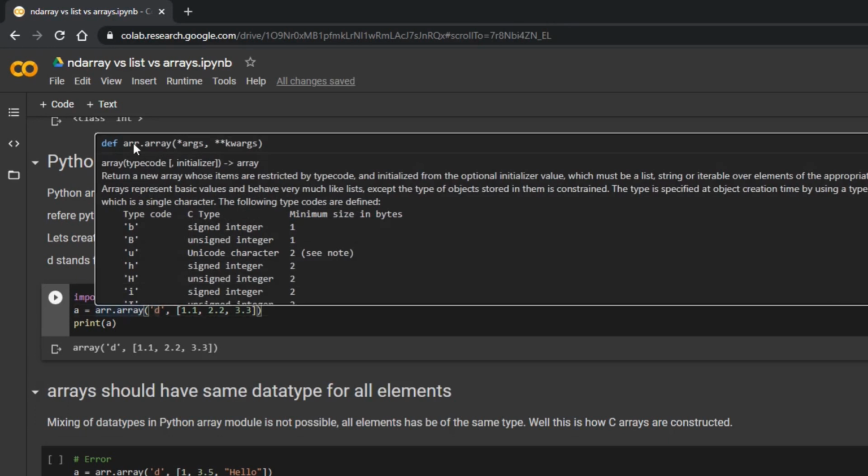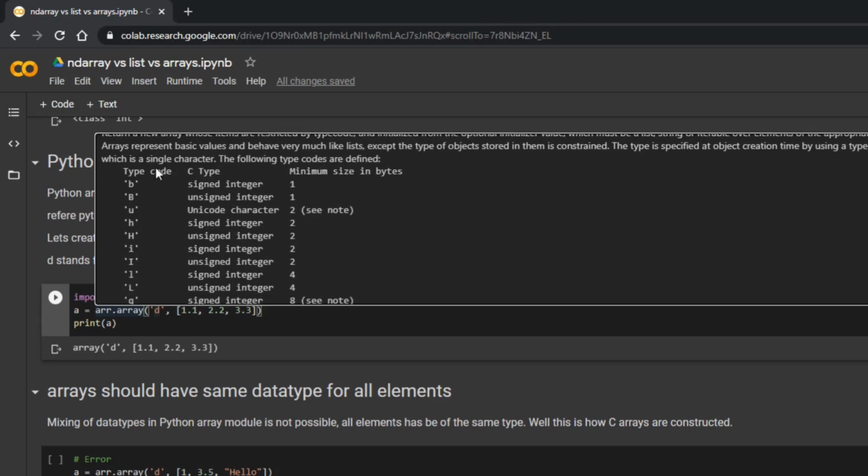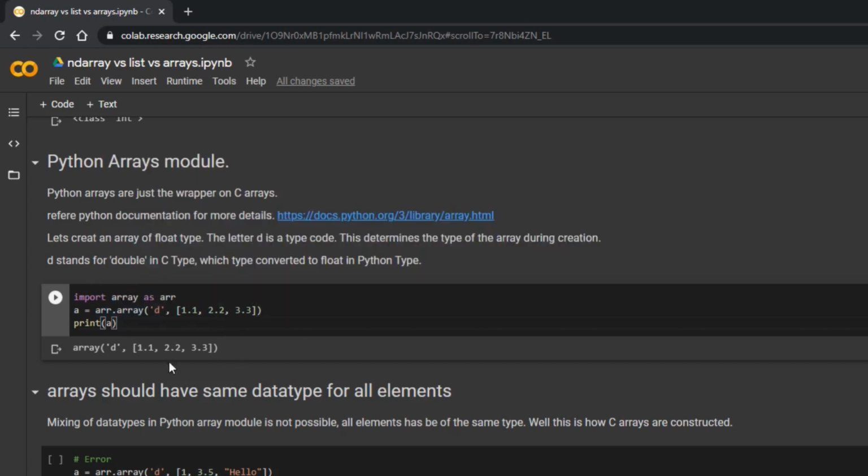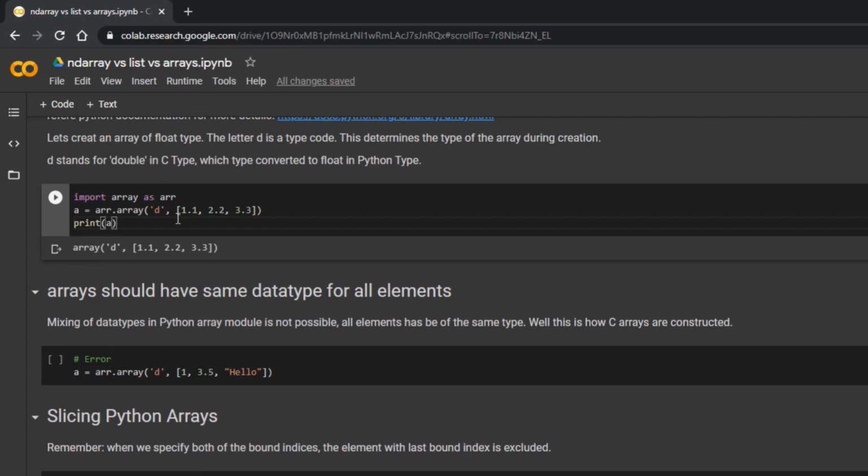Yeah, so its definition is arr.array with arguments and keyword arguments. So here we have to mention this type code while declaring an array. The first argument should be the type code, which represents the respective C data type. In our case, we are declaring D, that is floating point numbers, minimum size in bytes, which is 8. Right? So this is the arrays module.